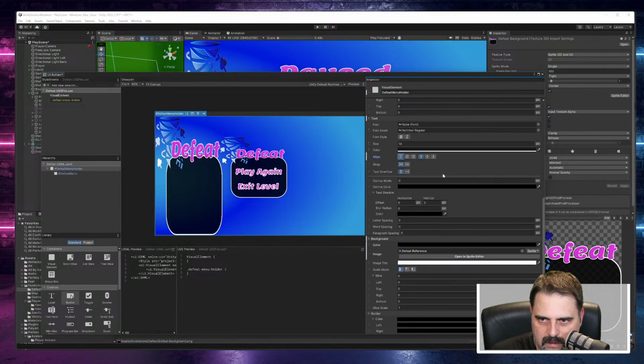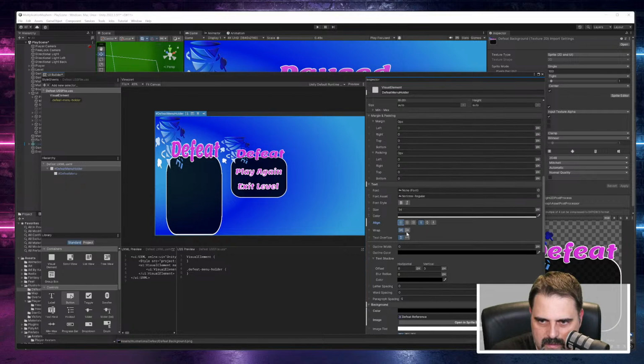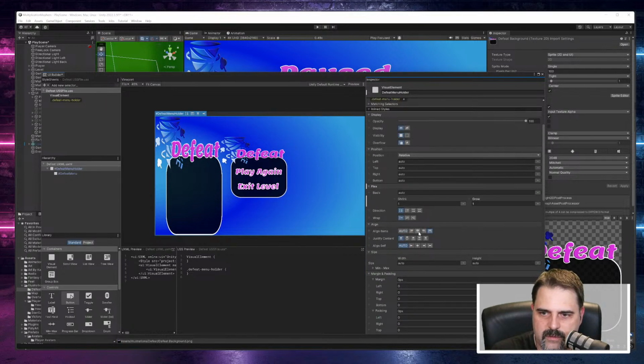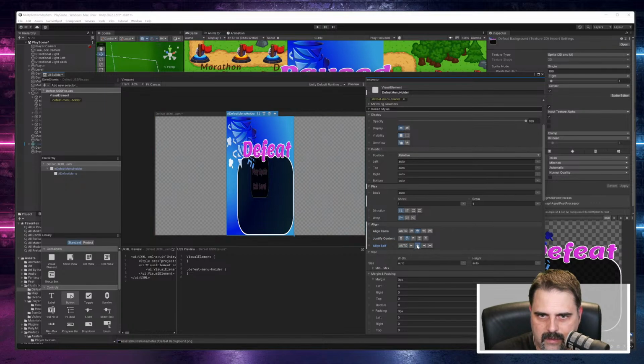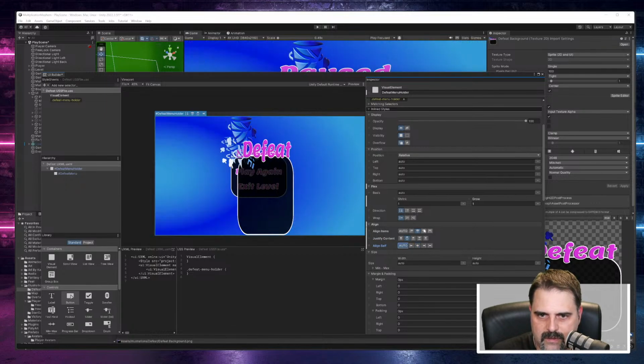Where are the alignment buttons? Middle. Oh, that's text. Here, these buttons, what I was looking for. So in the middle, and flex center, and then center. Okay, not that one because that's self, that's auto. Okay, and then